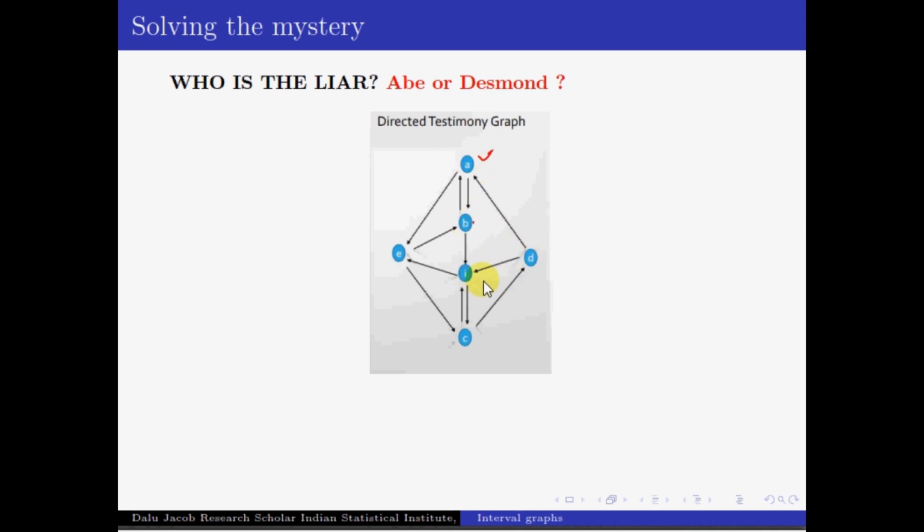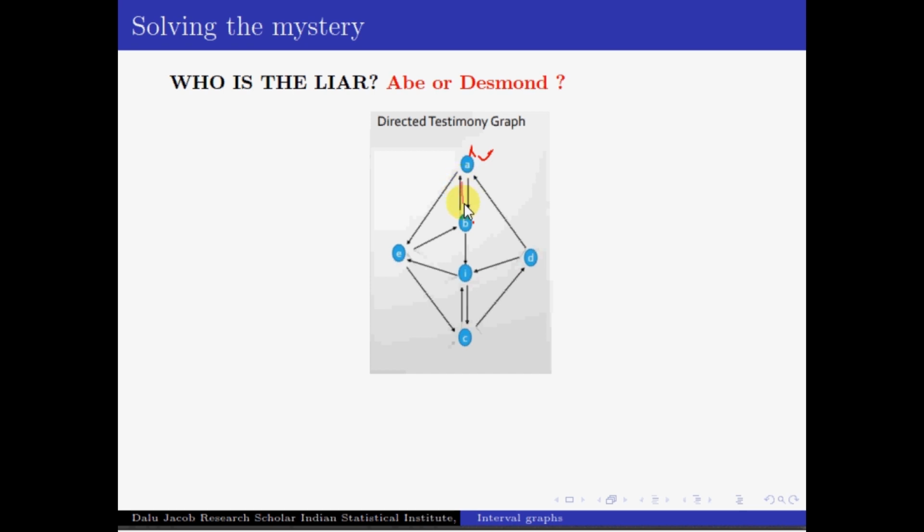The only testimony that A has given in this cycle A, B, I, D is that A has seen B. This testimony has actually been verified by B, that is, B has also seen A. So even if A was a liar, we cannot eliminate this edge from this cycle. This edge will be there anyway. Even if A was lying that A has seen B, B turns out to be a truthful person, since we are assuming that only one liar is there. If A is the liar, then all the rest of the people must be truthful, so B will give this testimony, and this edge will be there in the graph anyway.